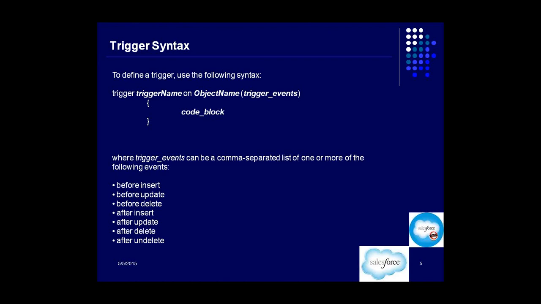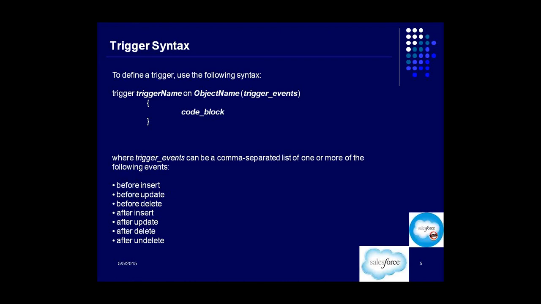Like for example, let's say I want to perform some validation before the contact is created. I just give you an example that before a contact is created, I just want to go and check whether the email ID is there or not. All right, now when I want to do that, in that case I might want to do the same code block getting executed before the record is inserted, as well as before an existing record is updated.